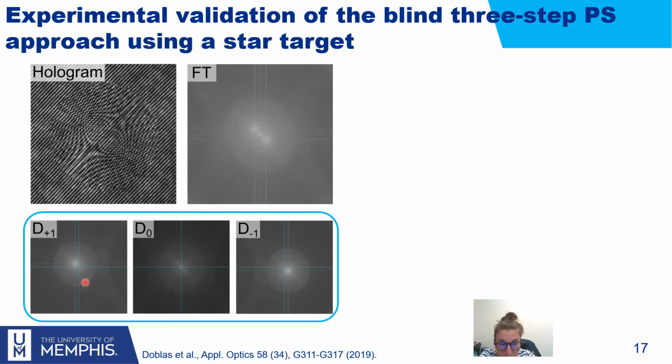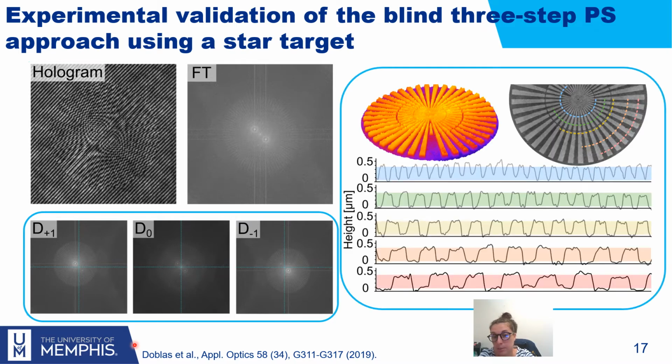So you see there is no peak at the position of the -1 term in the +1 term, and the same happens: there is no peak at the position of the +1 term in the D-1 term. So once you get the spectrum of your object image, the only thing you need to do is shift it back, compensate that tiny interference angle, and estimate the phase. And this is the reconstructed phase image where we did several